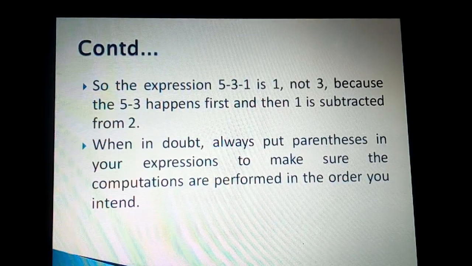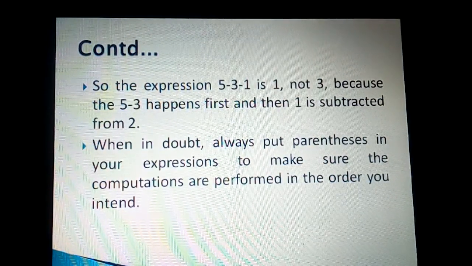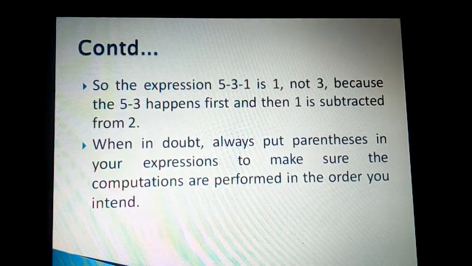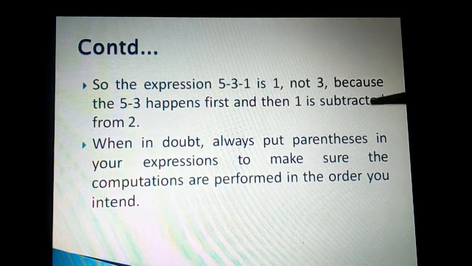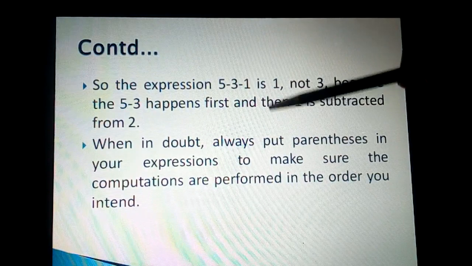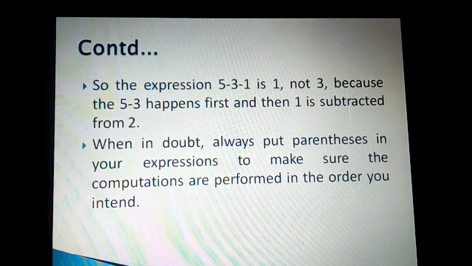So this is how the precedence rule plays. All you have to remember is the PEMDAS rule, or whenever you are in doubt, the best thing you can do is put a parenthesis. It will override all the other operators and evaluate the parenthesis first.